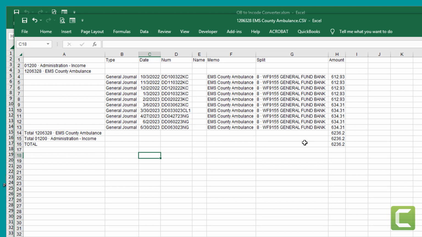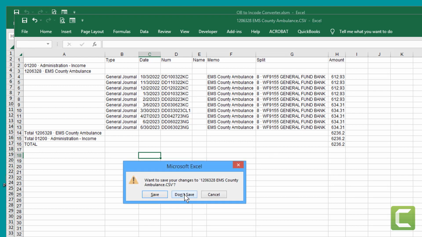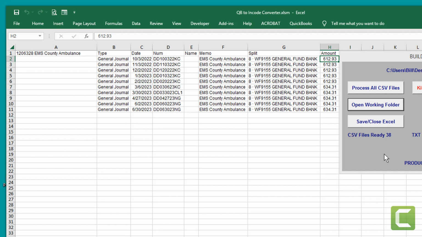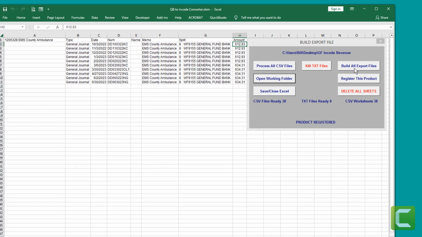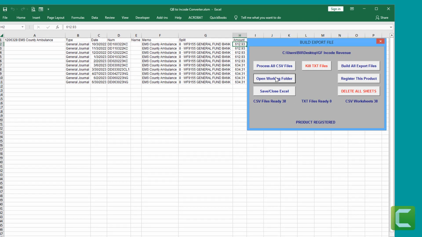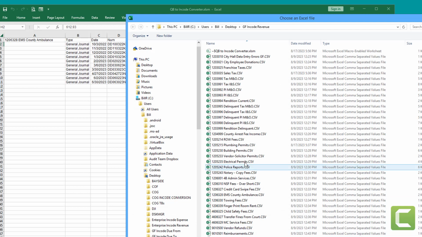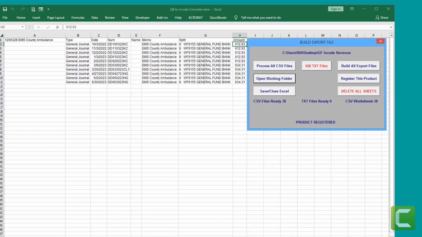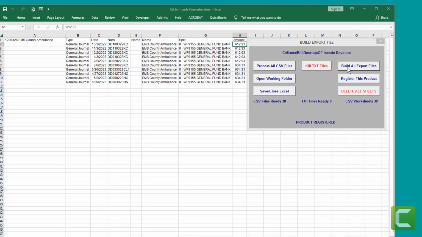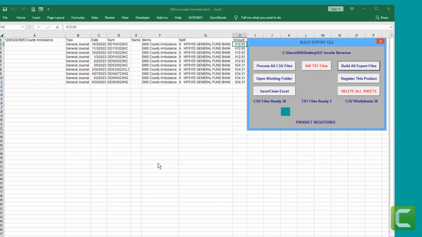And then it rips all of this out and rips this out too. And when you close it, don't save it. Let's go back to that working folder. So we have no TXT files, and we need one for each one of those CSVs. So we're going to build those. It doesn't take too long. Better than importing by hand.